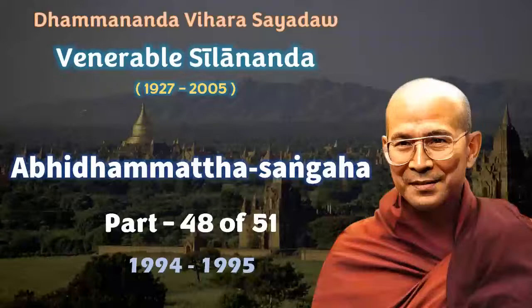That means when we take the cetas and cetasikas as object, then the cetas and cetasikas, which are objects, are said to make our minds, our cetas and cetasikas, bend towards it. So according to that definition, nibbana is also called nama, because nibbana also causes cetas and cetasikas to be bent towards it. Rupa also has that kind of